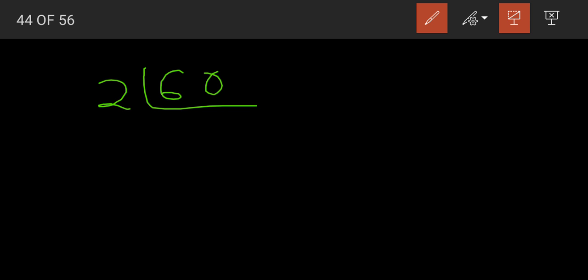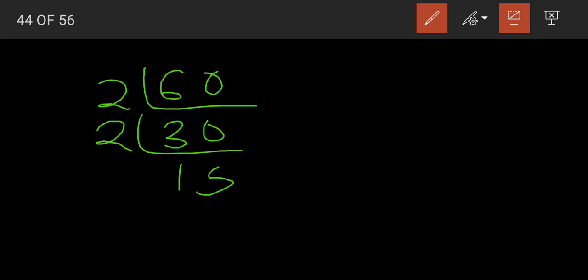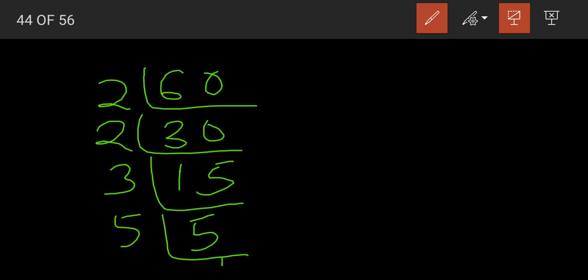First I am taking 2, as this is divisible by 2. 2 times 30 is 60. Next, again this number is divisible by 2. 2 times 15 is 30. Now 15 is not divisible by 2, so take 3. 3 times 5 is 15, as 3 is a prime number. Next, 5 is also a prime number. 5 times 1 is 5. So these are the prime numbers which exactly divide 60. So we can write this as,